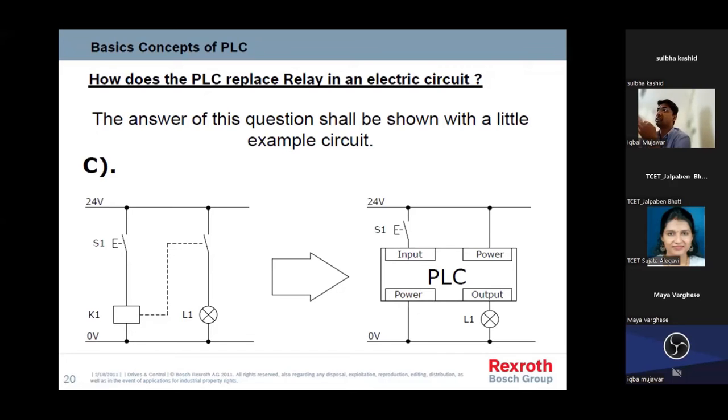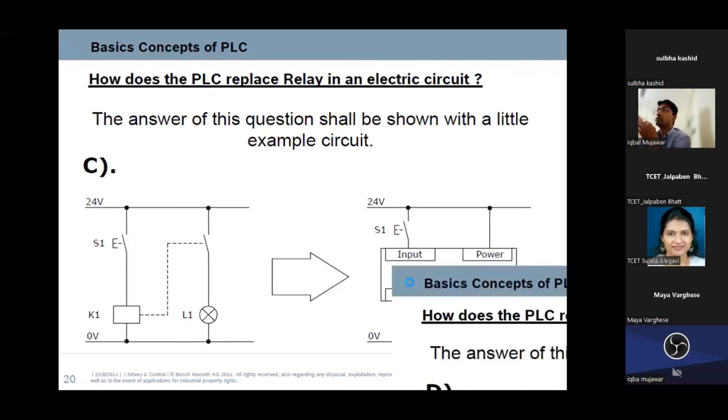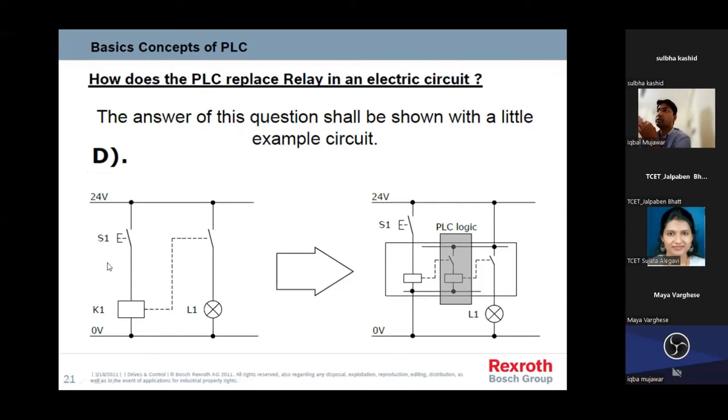I can change it in future. That is the advantage of PLC. Then here what will happen? Whatever this logic is, a similar kind of logic is there inside also, but not physically. This is computer generated logic, computer generated connection. I can change it in future also by changing the code, and ultimately I can execute the ladder coding. Then what is the advantage here?